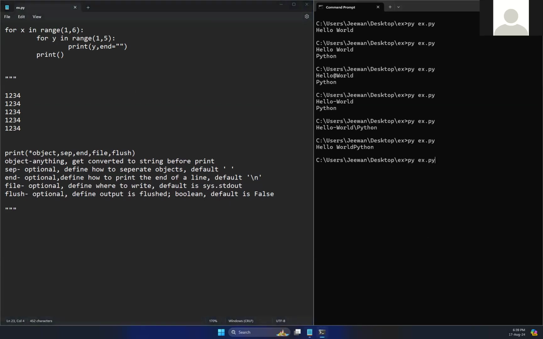Let's see now what's going to happen. Right now, it's going to display 1, 2, 3, 4, 1, 2, 3, 4, 1, 2, 3, 4, 5. See? Now, this is how I achieve this. Now, if you want to print only asterisks here, then you can just print the asterisk. Then this would be 4 asterisks at each line and then it goes to the next. Likewise, it will be